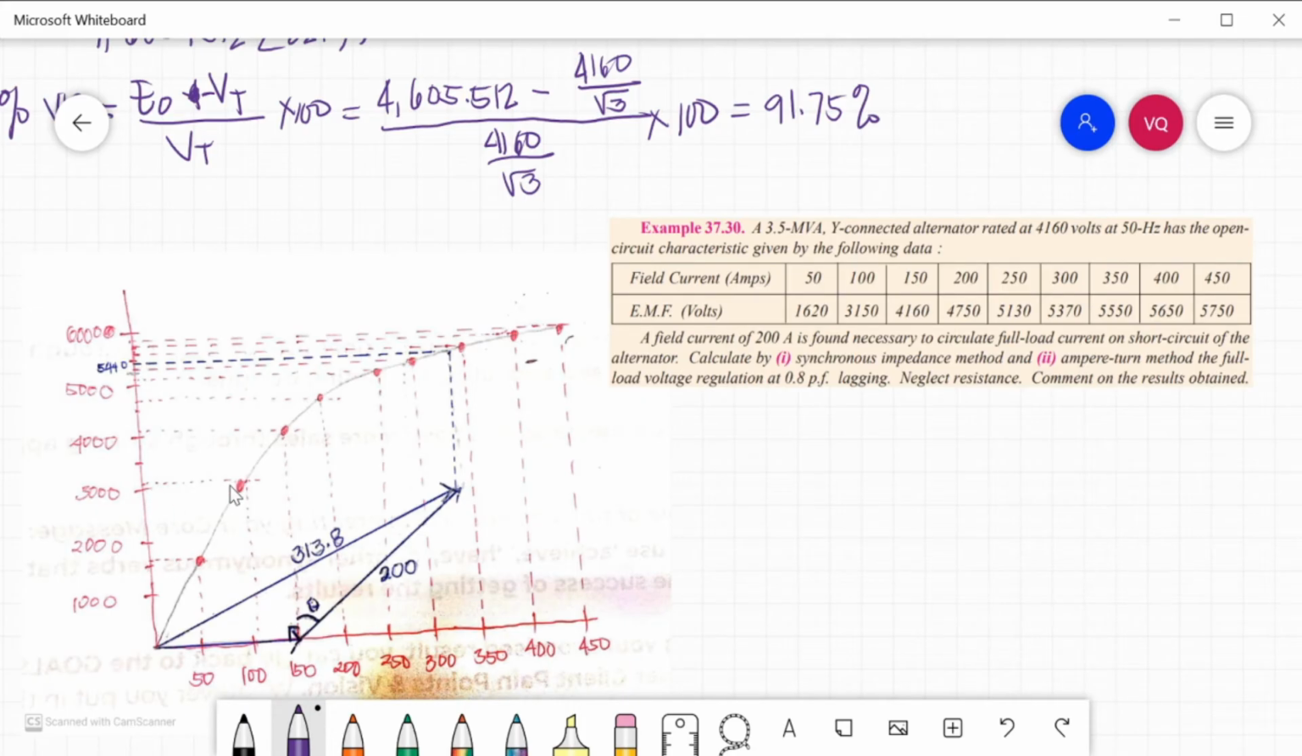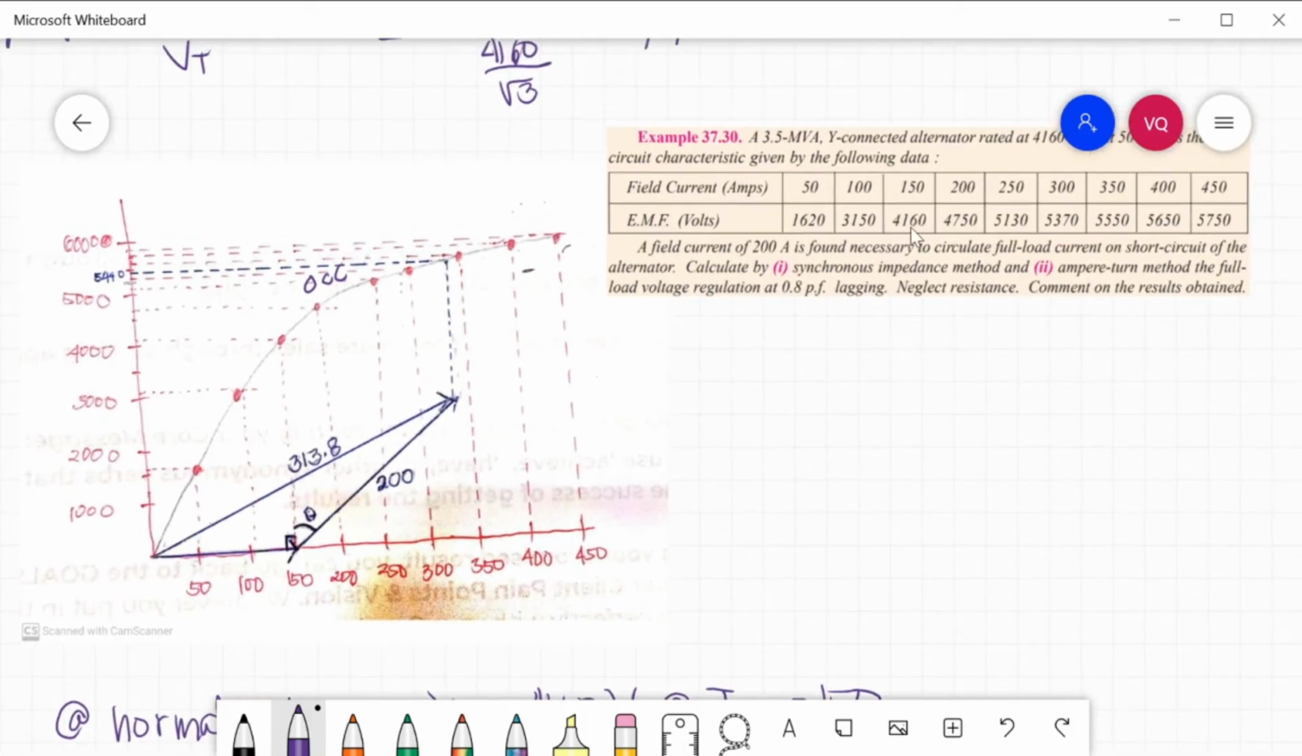100, we have 3,150, and so on and so forth. So, if we graph these points, our OCC will look like this. This is our OCC. For your activities, you will use graphing paper to graph the field currents and voltages. Now, after you trace these points, we will have your 150, which is the voltage, the normal